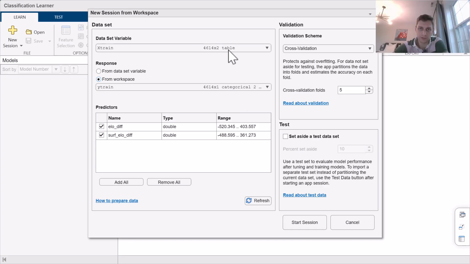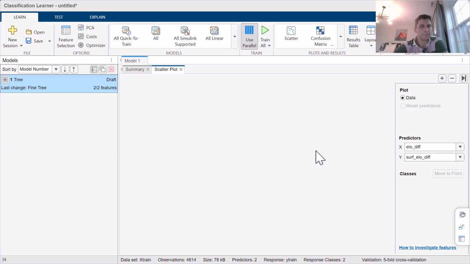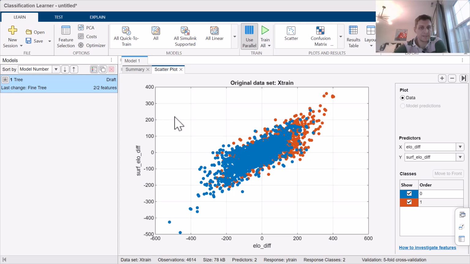So you have a table here and a categorical value, and that's about it. There's going to be some cross-validation during the training, and for testing we don't need to set data aside, because we've already created a partition. So these are the two features, the ELO diff and the surface ELO diff.